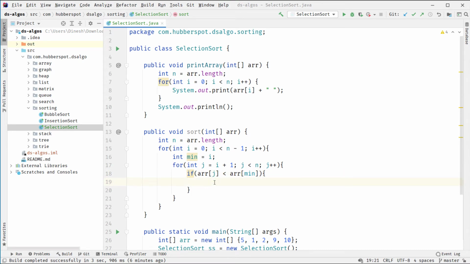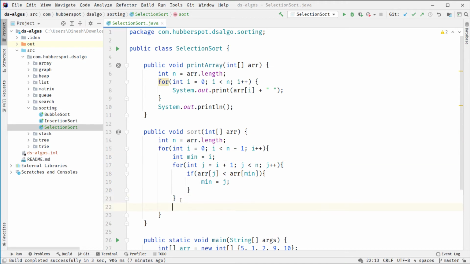So what we do is we simply update the min value to point to j, because we have found a new minimum value. So now min will point to the jth index, and this for loop will go on till all the elements are compared with the min value. And after this for loop terminates, we know that we have found our minimum value whose index is being held by the min integer.